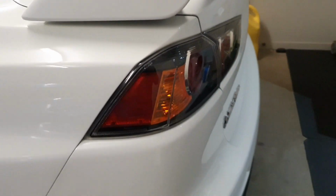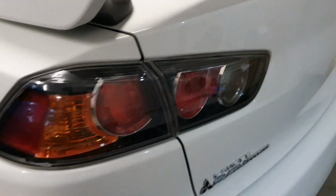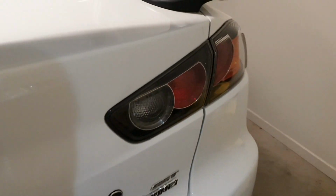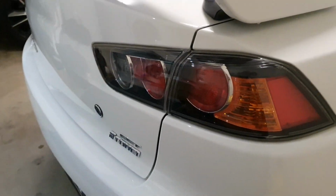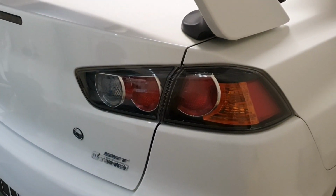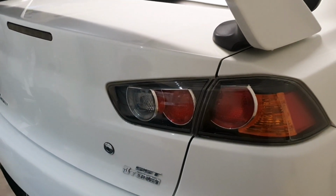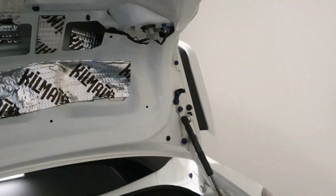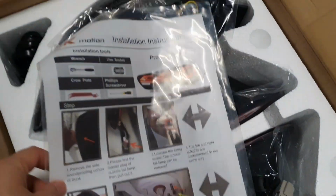So these are the black OEM version Evo 10 taillights. They also come in a red version as well. I really like the look of them. When they're illuminated and you're driving along, they look quite good. But it's time to finally say goodbye to them. So today I am installing the DK Motion